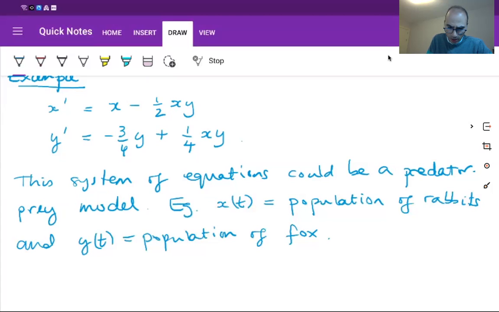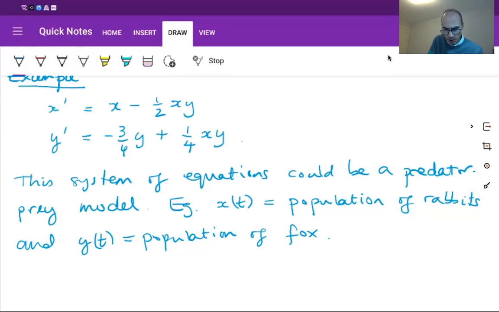So here, there's a positive coefficient of x in the first equation. So the more rabbits there are, the faster they'll breed. So that sort of makes sense. And the second term, the xy term, we can think of as interactions between the predator and prey. As the number of interactions increases, we might expect the rate to decrease accordingly. So that is a reasonable equation for the